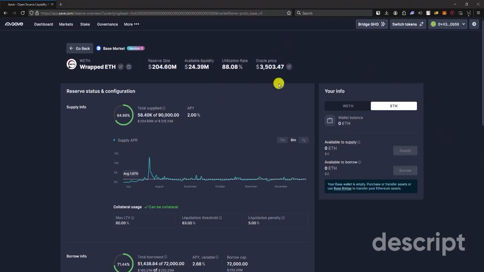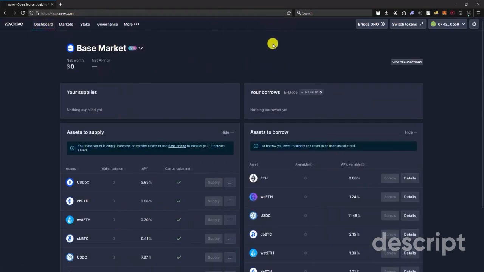Just complete the process, and once your ETH is supplied, it becomes your collateral, and you can monitor your collateral and its value in the dashboard section right over here. So click on dashboard. Now with your collateral in place, it's time to borrow. Head to the borrow section of the asset you want to borrow. For example, let's say USDT,